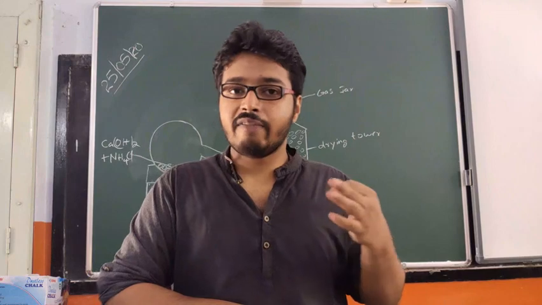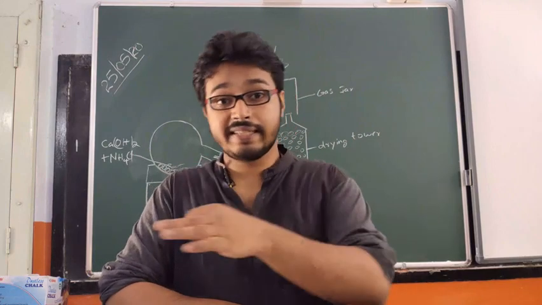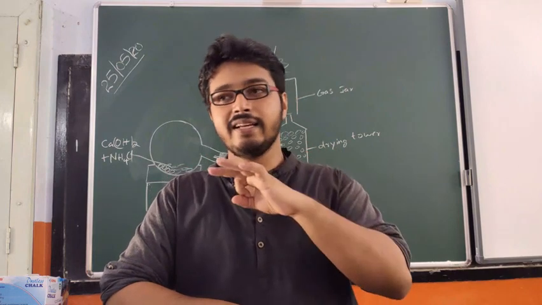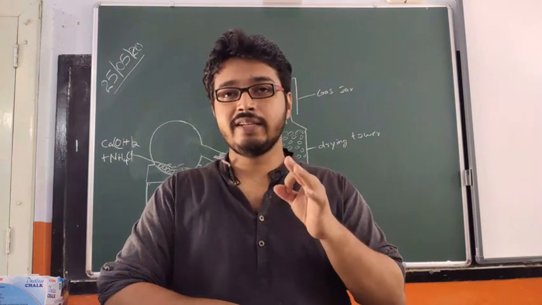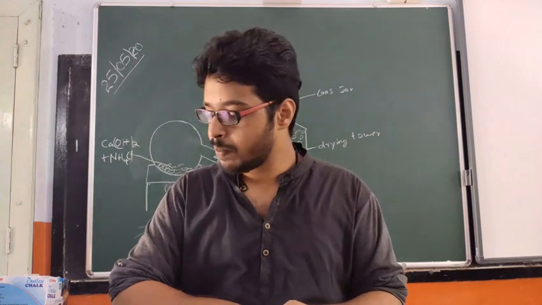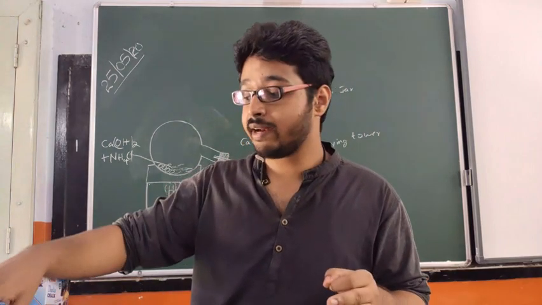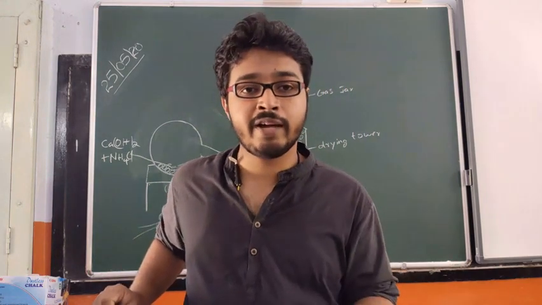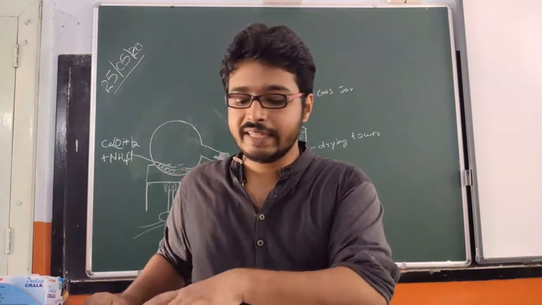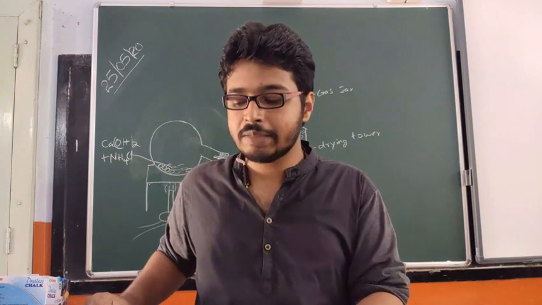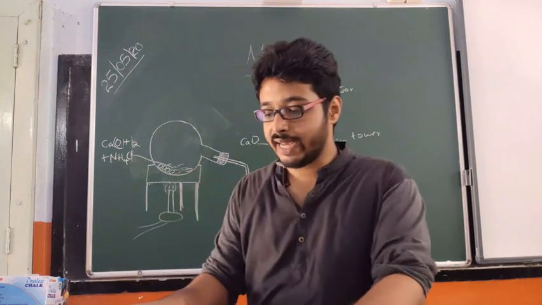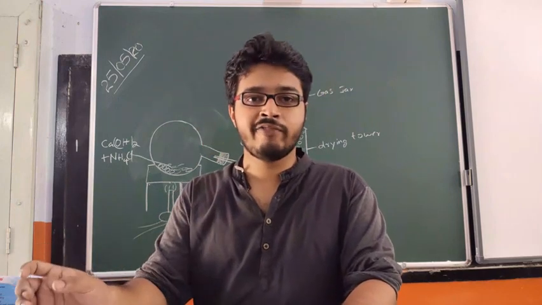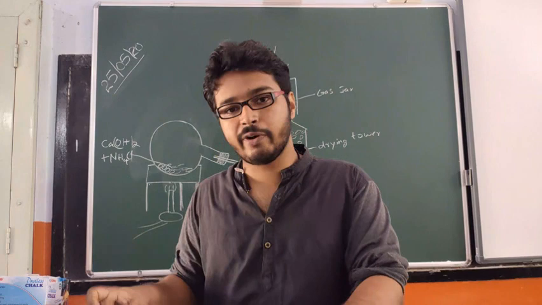Then after that, we have the industrial manufacture. There is a special name for that. You are supposed to learn it by heart. It is like an 80-90% compulsory question in your board exam. And there are many questions that can come from the industrial manufacture of ammonia compared to the laboratory preparation of ammonia. So in this chapter, the most important part is the industrial manufacture of ammonia and the reactions of ammonia.